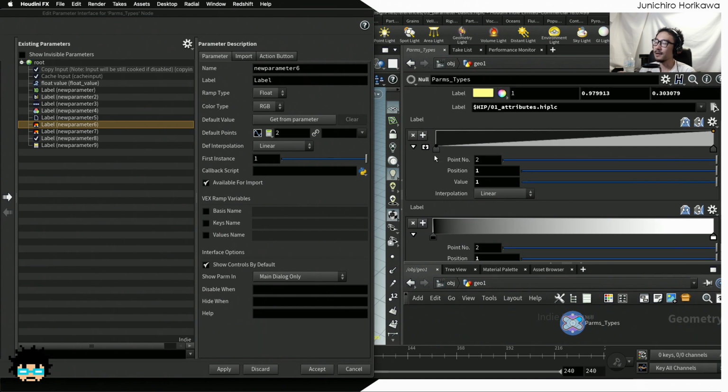I'm going to explain about this later on, how you can use those ramp values, but just to make it understandable, to make the introduction to these ramp parameters, try opening up this float ramp parameter type by clicking this